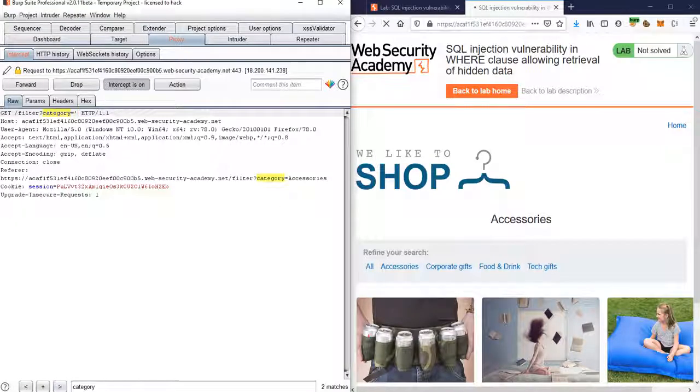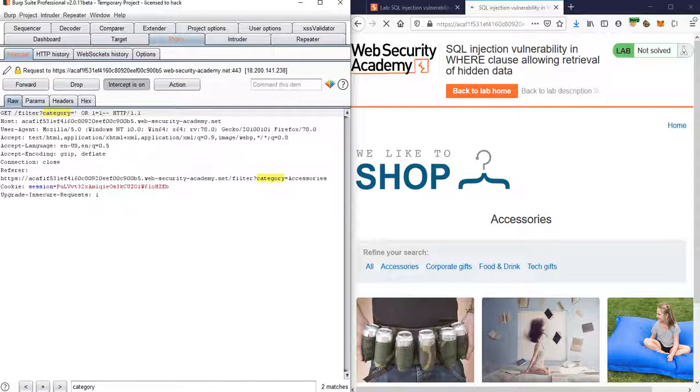For that sake, what I am doing is closing it. Let me try to zoom this a bit. Okay, no problem. Basically, I ended the value of the where category, and then I am writing or, then 1 equal to 1, and whatever further condition is there, I am simply commenting it out. Now this is what we generally write.